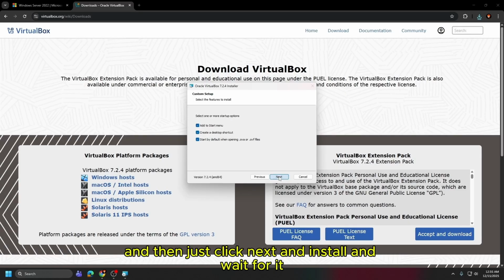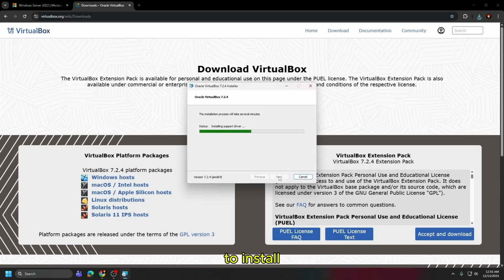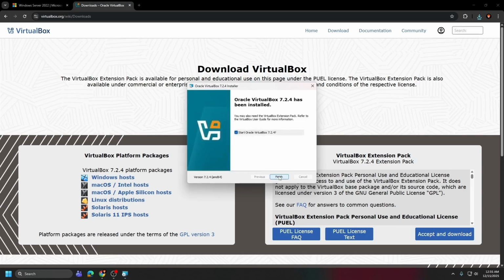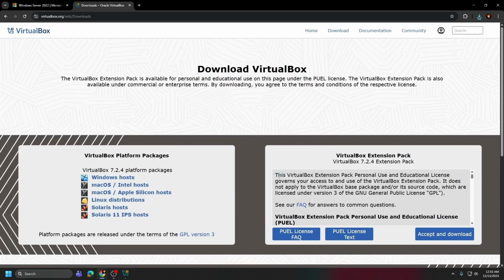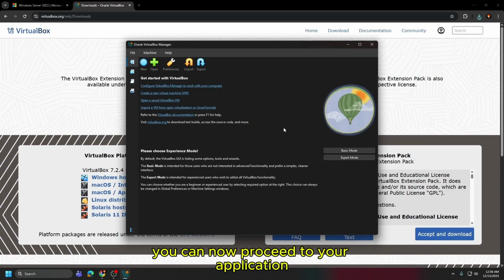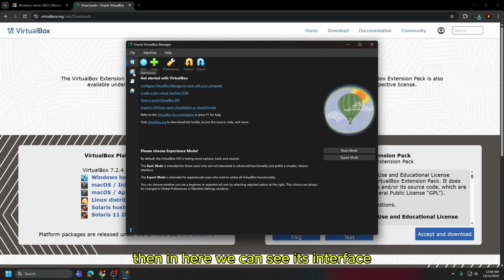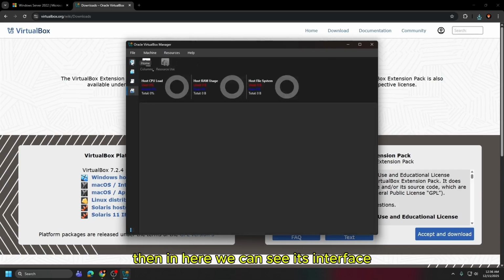And then just click next and install and wait for it to install. Then after a while it will finish. Then you can now proceed to your application. Then in here we can see its interface.